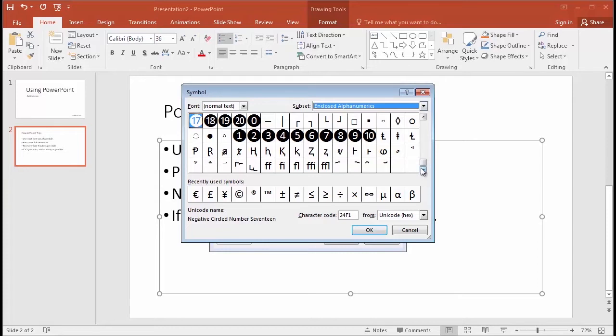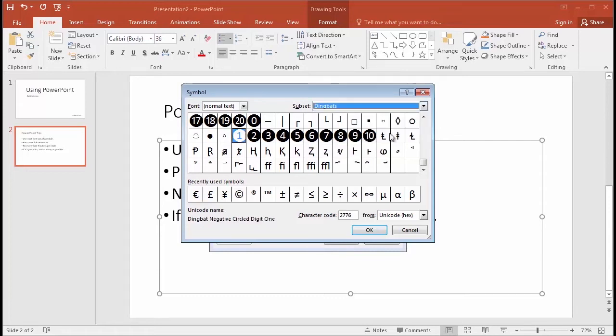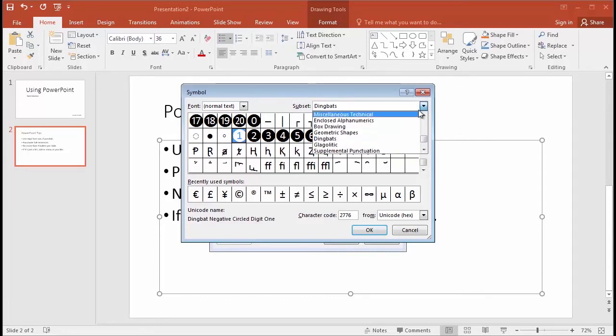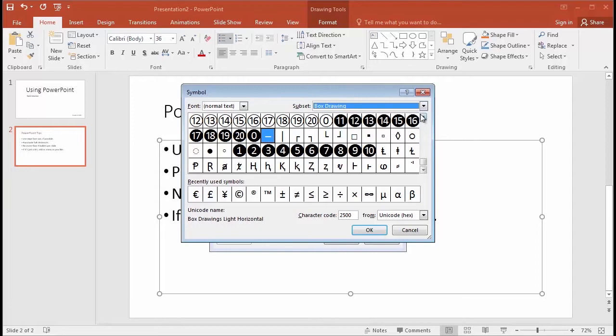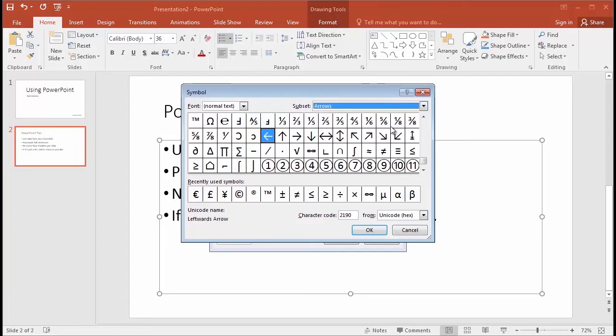Now instead of scrolling through all of it, you can come up to this little pull-down menu up at the top where it says Subset, and you can choose the type that you want to see. For example, a dingbat are these little drawings we have in front of us right now. Or you can do drawings, or all kinds of other categories. Maybe I'll choose arrows. Ooh, look at all the arrows. And if I wanted to, I could point these arrows instead of normal bullets. When I click OK,